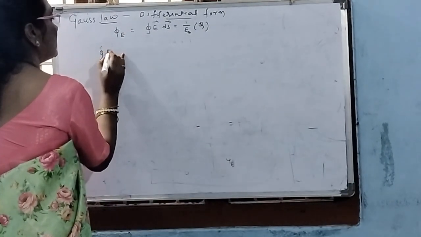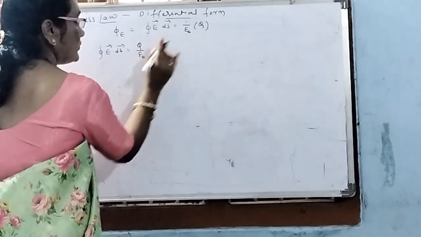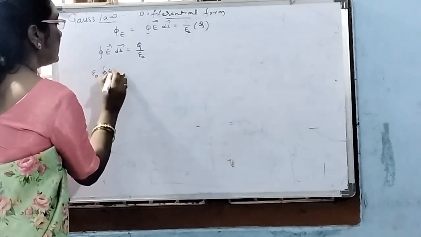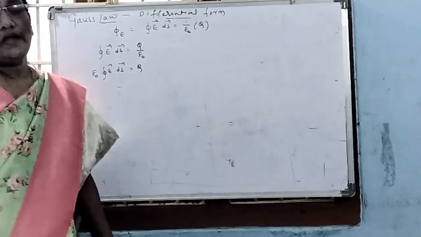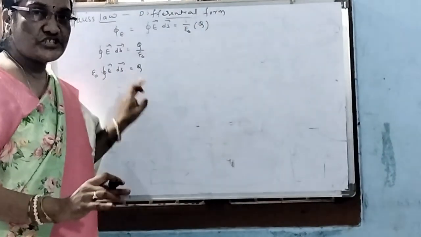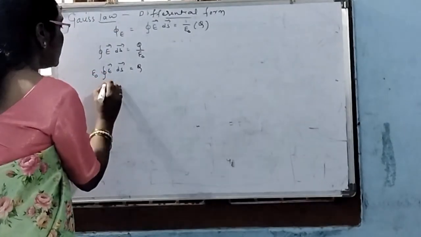So now, integral E dot ds is equal to Q by epsilon naught. I'm writing epsilon naught on this side: epsilon naught integral E dot ds is equal to Q. Now, if we assume that the charge Q is distributed uniformly over the entire volume,